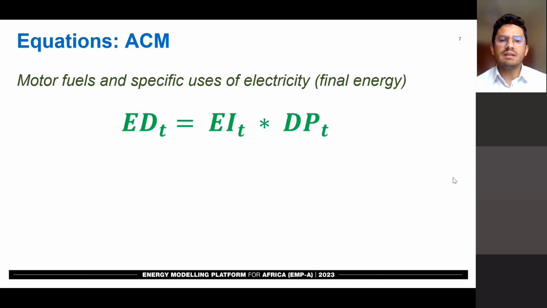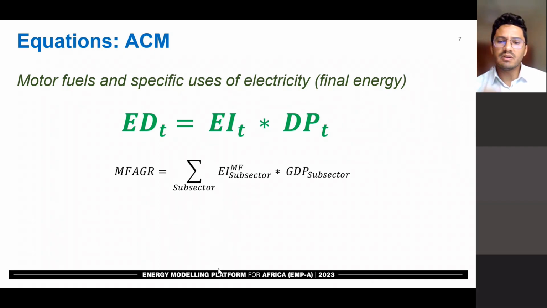Okay, the energy demand in ACM is driven by the level of economic activities evaluated in terms of sectoral GDP, as it was presented yesterday. This is the generic equation that we can find in almost all sectors, and energy intensity. And that's why generally we link this industry to the GDP structure, because the main driving parameter in industry is the value added or the sectoral GDP. We see here the general formula, for example, using this equation, if I want to calculate